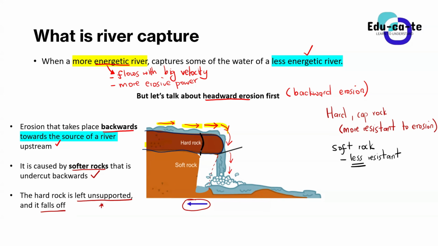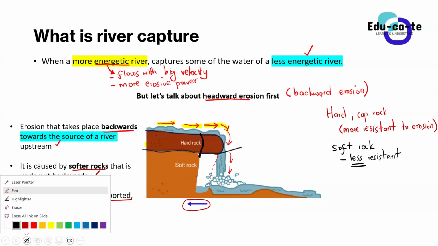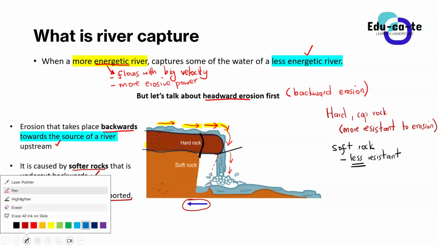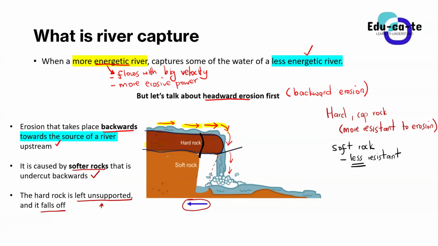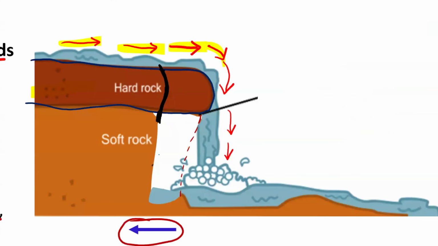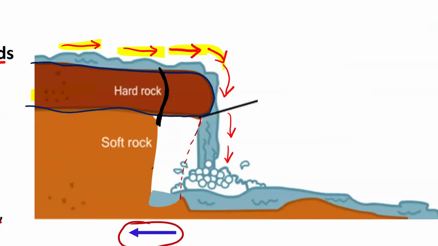Although I didn't design my animation to do that, I want you guys to imagine it. This part will just fall off. This part of the rock will fall off. So you already now know that your water, as it is flowing down, will no longer be able to reach where it was reaching at first. Let's just talk about that. This water, you see it is flowing down here, down this cap rock. But now, if it happens that this part falls off,